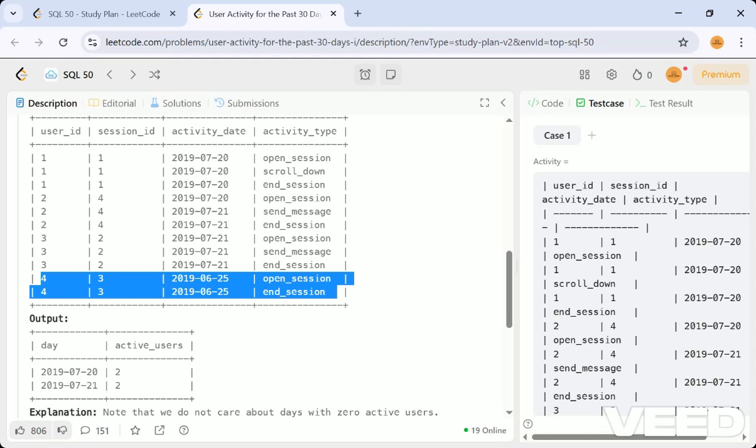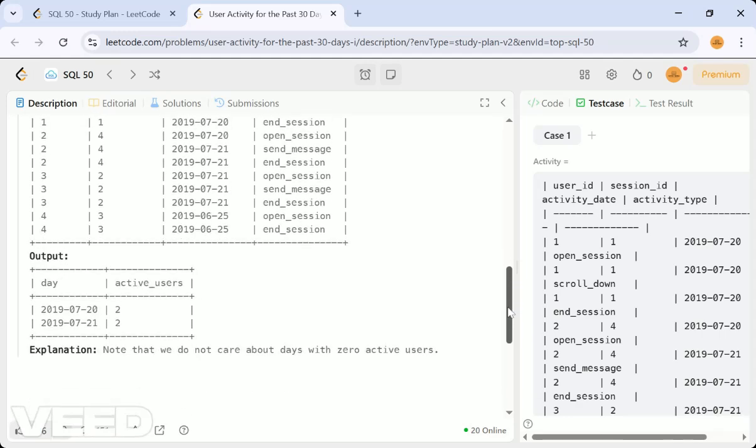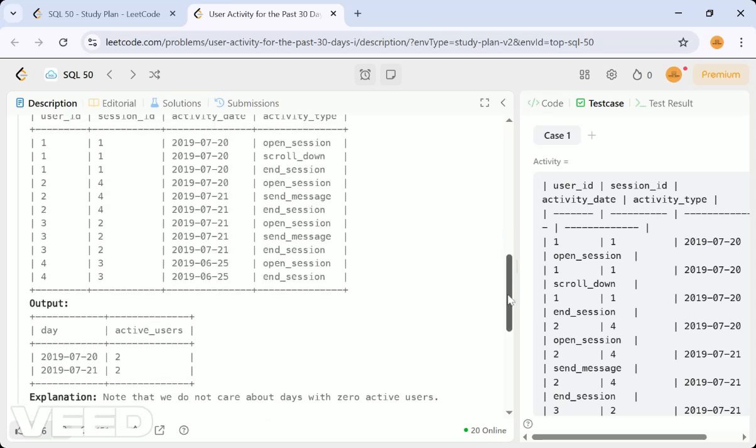If we see the tables, we have 25 here. So from 25, the least date is 25, right? So from 25 to whatever the ending date will be for this month, like for 30 days. 30 days is nothing but 6/25 to next 7/25, like that. So that is the least date, right? So we can consider that as 30 days, and in that time span, how many active users are there, likewise we can take. This thing is clear, right? You understood how we will be taking this.